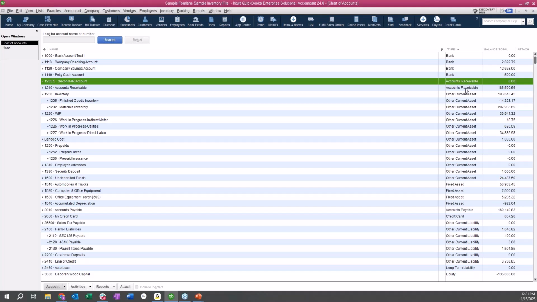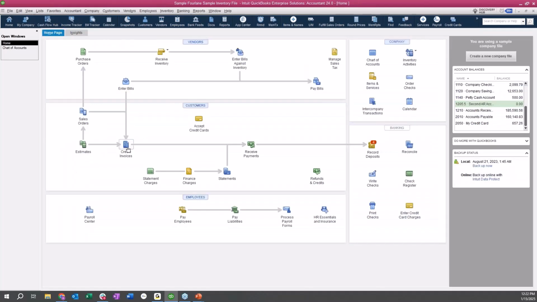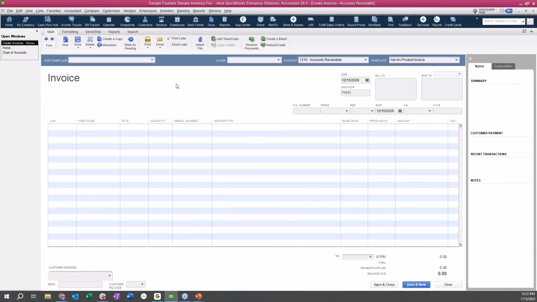If I operated this way, I would have to select which accounts receivable on every single transaction. If you can imagine a high volume of invoices, credit memos, payments, all of those things, it would be a lot to keep up with. So we recommend doing one